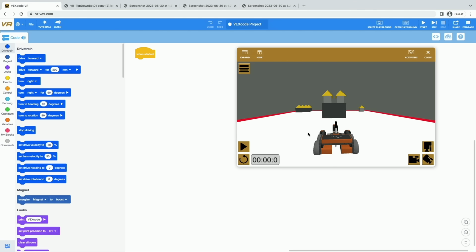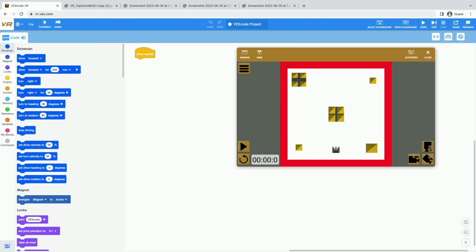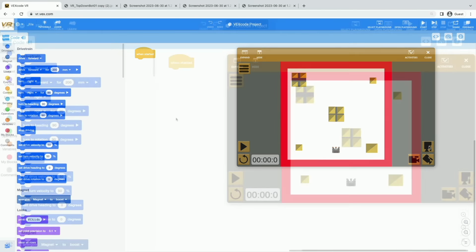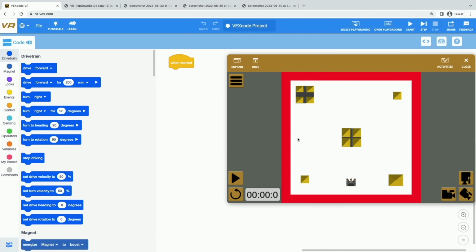So are you ready to see our robot drive? I'm pretty excited to see our robot drive. So let's switch our camera view back to that top-down view real fast, and let's get ready to start coding in VEX Code VR. So in order to make our virtual robot move around our field here to get ready to crash castles, we have to add some code to our project.